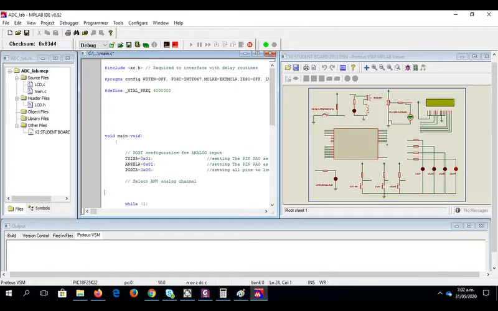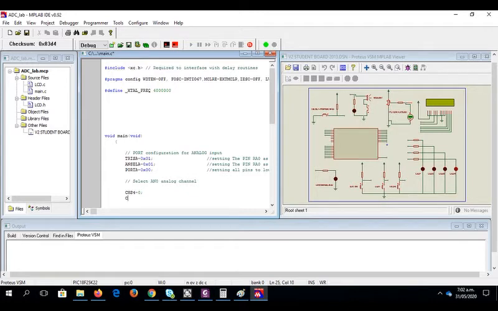So how to select? We will set this pin CHS4 equal to 0,